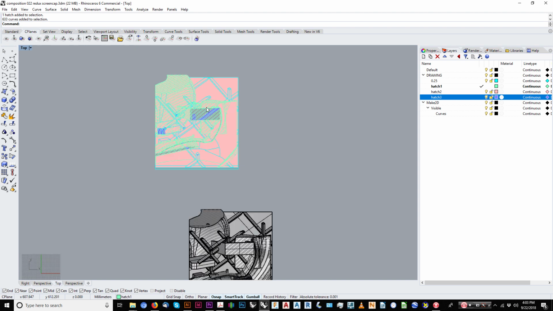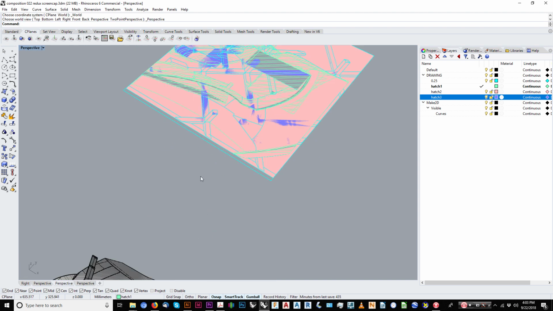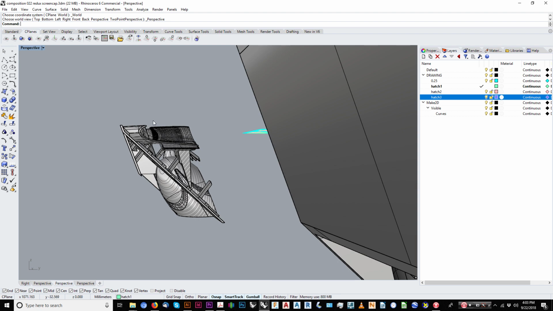And as far as positioning, it also can be tricky. So now we have this layer, this layer,